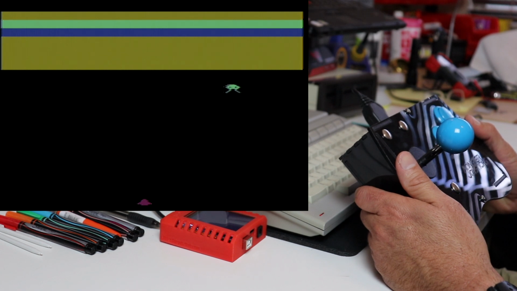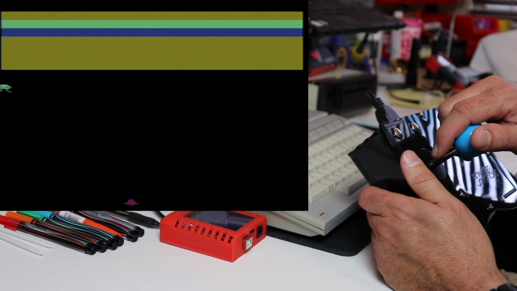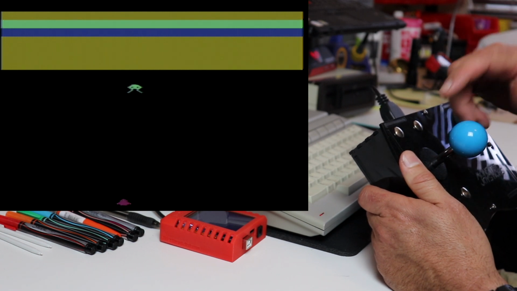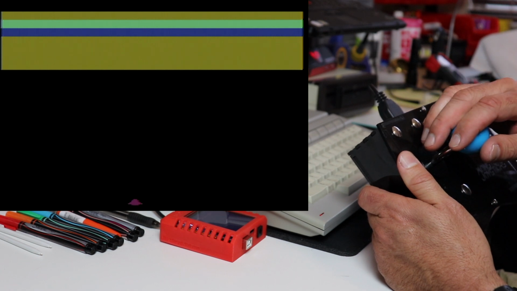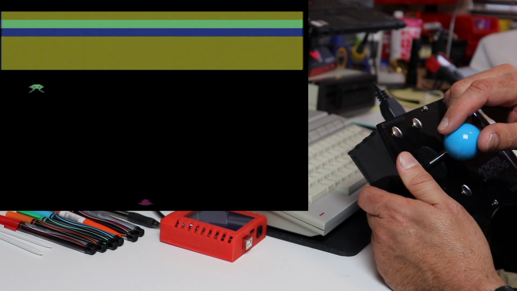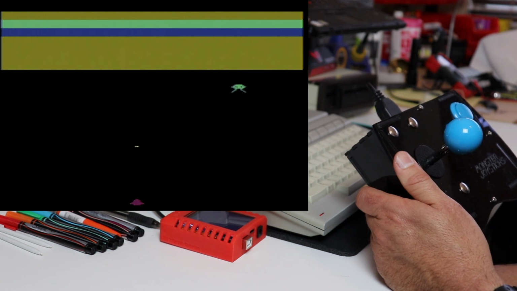But in any event, as before, we can move the spaceship left and right with a joystick. I disabled the code to move it up and down because I really wasn't concerned with that for this tutorial. But what we did add is a fire button. So now if we press the fire button, we actually launch a missile. And you can see that missile going up, and when it strikes that orange wall,